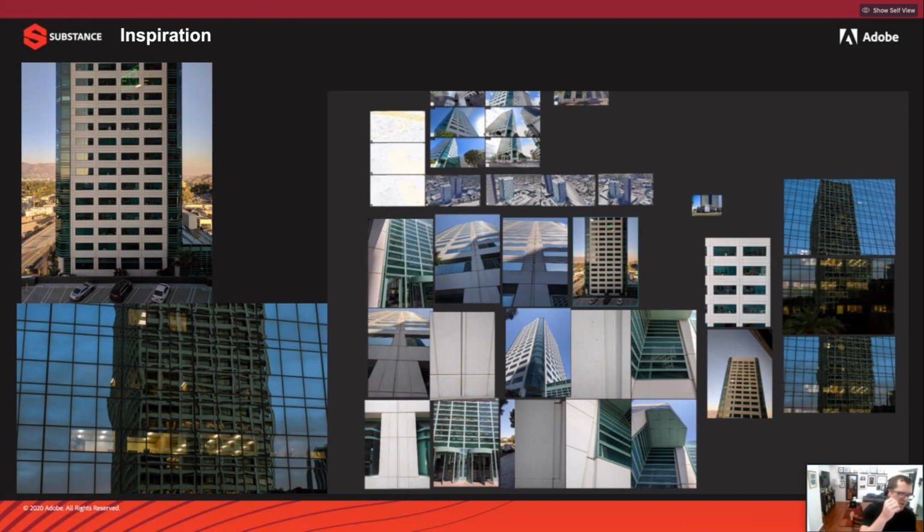But look at the complexity of the reflection, the way the reflection breaks up. One thing that always bugged me with CG buildings is that if the windows don't break up the reflection like this, it just looks completely fake. It just doesn't work. Part of the problem is if you model the building first and you have this full, really high-res